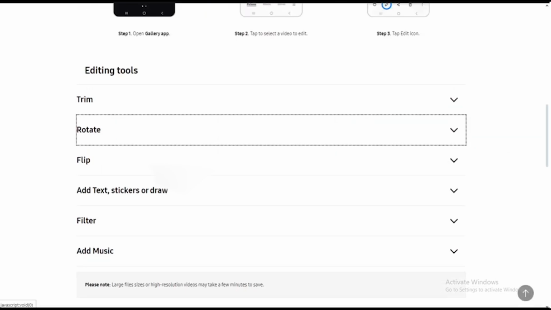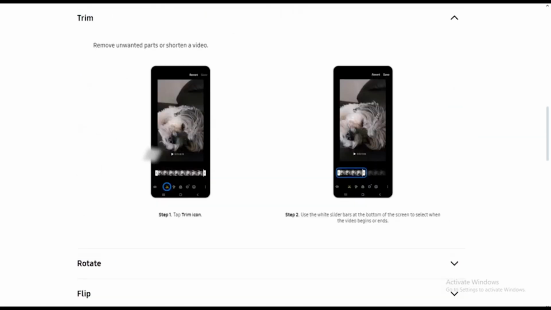However, one thing the Samsung Video Editor currently does not support is reversing videos. There is no built-in reverse option available right now. If you want to reverse a video, you'll need to use a third-party video editing app like CapCut or another editor from the Google Play Store or Galaxy Store. Keep in mind that many of these apps may require a subscription for full features, and free versions often include a watermark on exported videos. Still, they are the easiest way to reverse videos on a